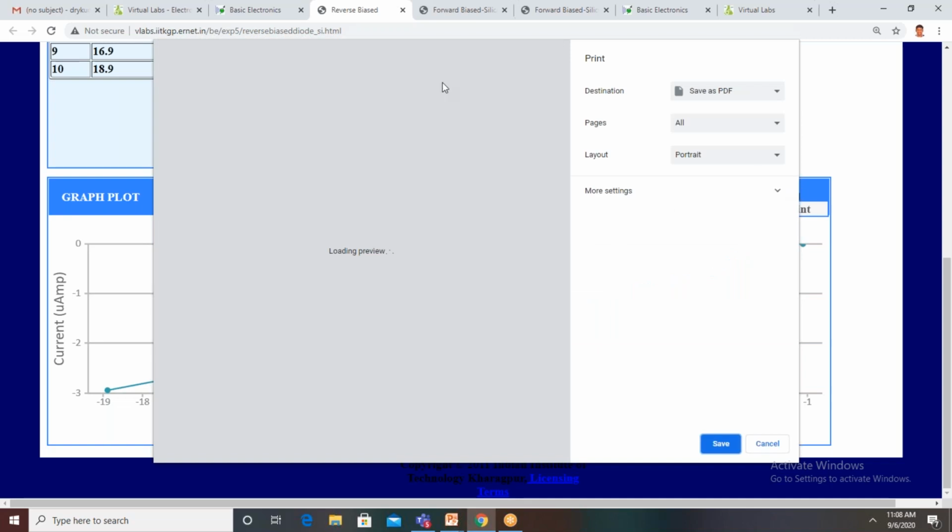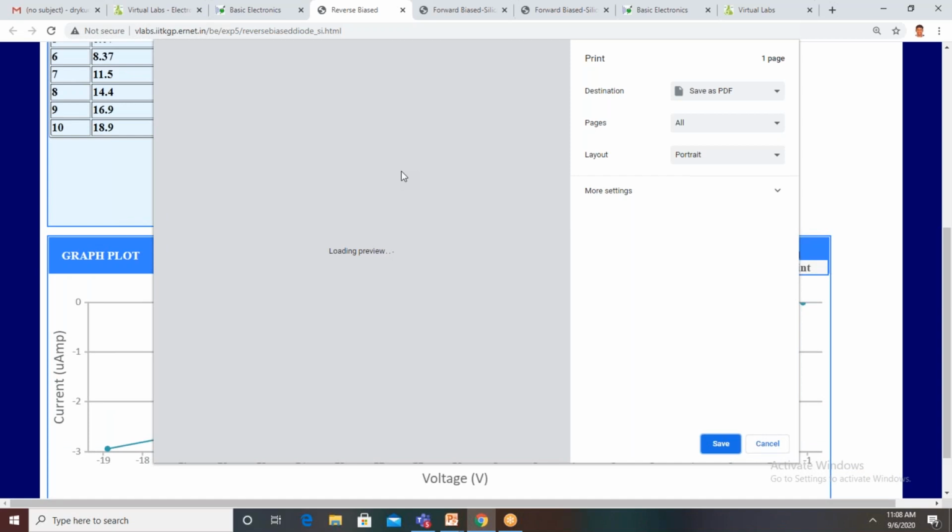All the items, that is the circuit diagram, diode details, tabular form and graph, are available on a single sheet. We can take the printout and paste it in our record. Like that we can perform the reverse biased characteristics. Here I am explaining the process of how to perform the experiment virtually.